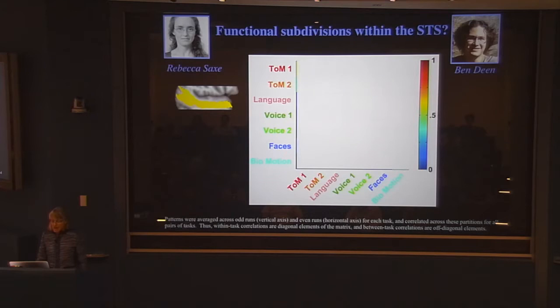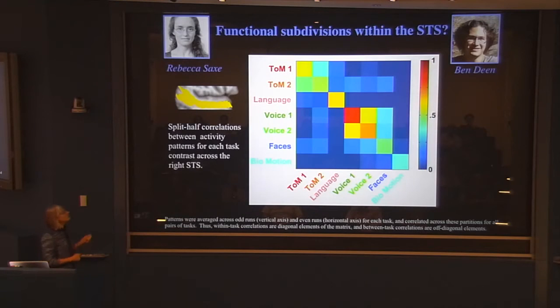And then we have face responses up there, our face movies. Okay, so what we can do then is ask how similar the pattern of responses is across the whole superior temporal sulcus for these different contrasts. If it was all one multifunctional region that was equally activated by all of these things, we should have a strong and even correlation across all of them. But instead, the data are split in half before you do it. You first see nice replicability of the pattern of response across that region between the two halves of each task. That's what's shown on the diagonal, those correlations.